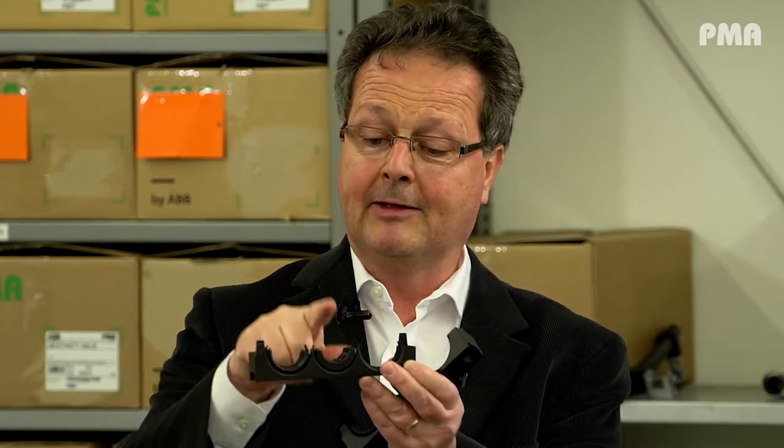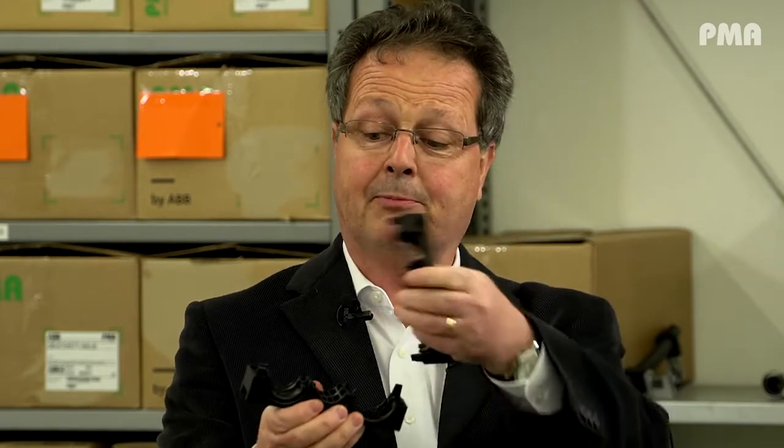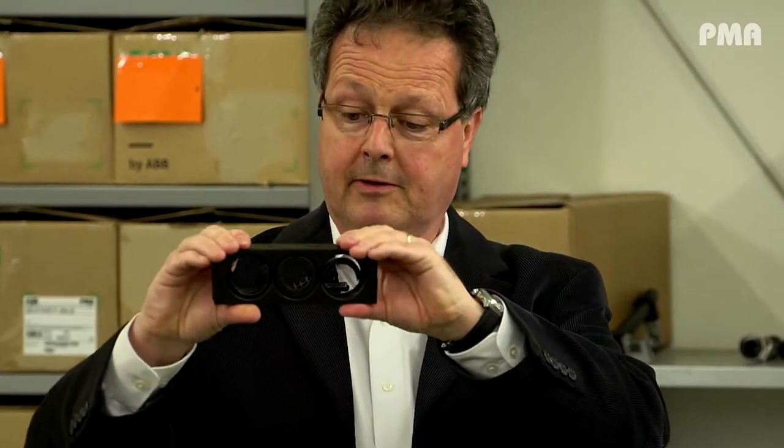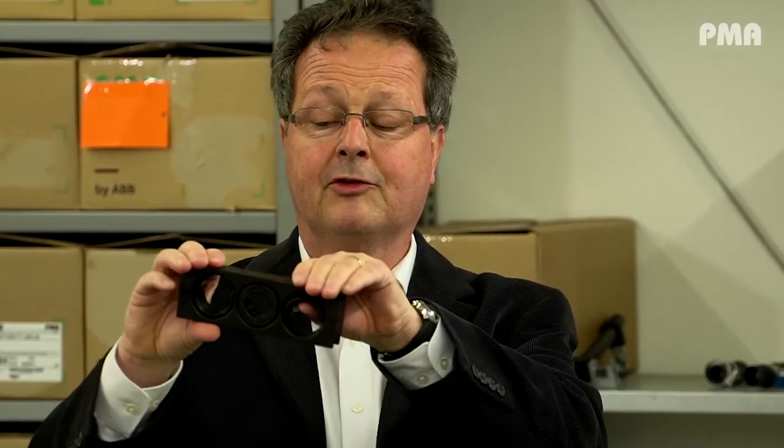Same system. We put it also in here. Depends on the diameter of your cable, and then you can put in the cable. All this you can pre-install, and then just put everything together, and it is installed. So it's really simple, and like I was saying, from 1 till 4, so you can decide what you need